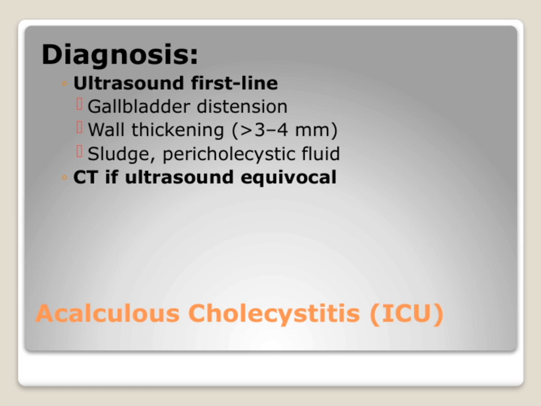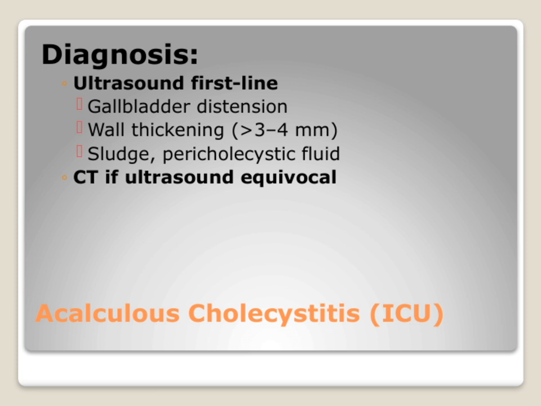It's quick, non-invasive, and quite effective. On ultrasound, we look for gallbladder distension, which suggests that the gallbladder is enlarged, possibly due to inflammation or obstruction. We also check the wall thickness. If it's greater than 3 to 4 millimeters, that's a significant sign of inflammation. Additionally, the presence of sludge inside the gallbladder or fluid around it, known as pericholecystic fluid, can further support the